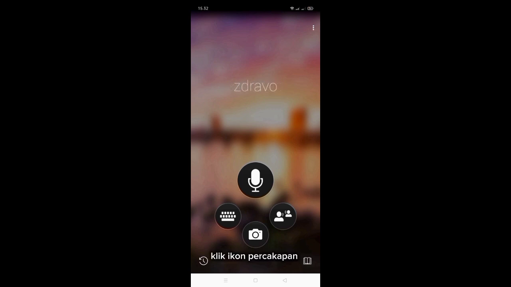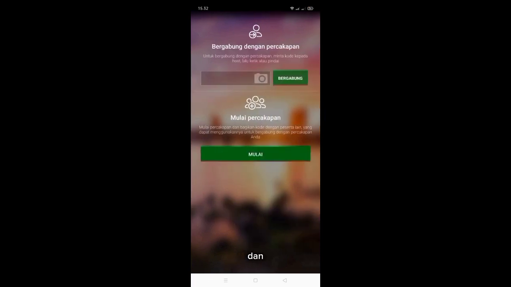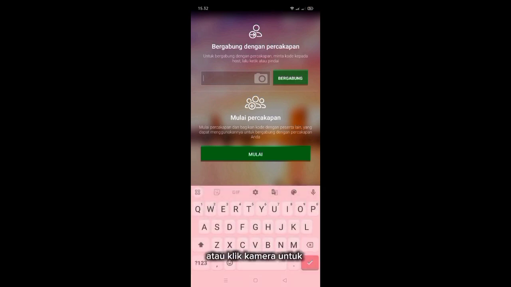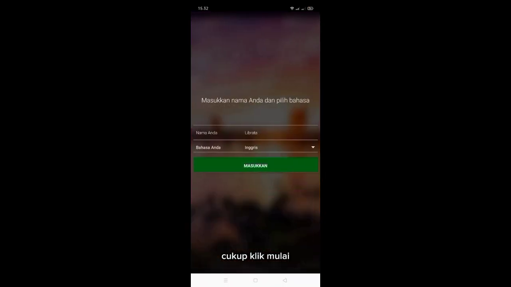Tap the conversations icon, and if you have a conversation code that someone else has shared with you, enter that code in here or click the camera to scan the QR code and simply click join. If you are starting the conversation, simply click start.